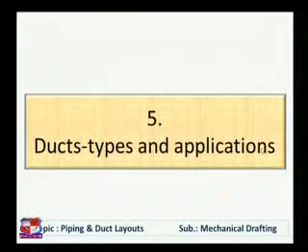Now we discuss the next topic, that is duct types and its application. What is duct? Duct is used to allow the flow of fluid from one place to another place. It is widely used in air conditioning, because in case of air conditioner, it is not always possible to put the air conditioner device at every place, even when we need an air conditioning system. So for that, duct is used, which will carry cold air from the air conditioner to a certain place and retake the hot air from that place to the outside area.